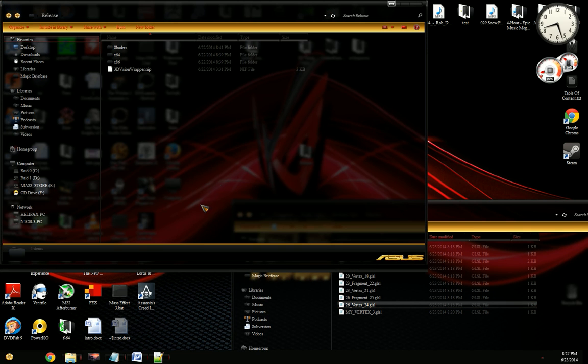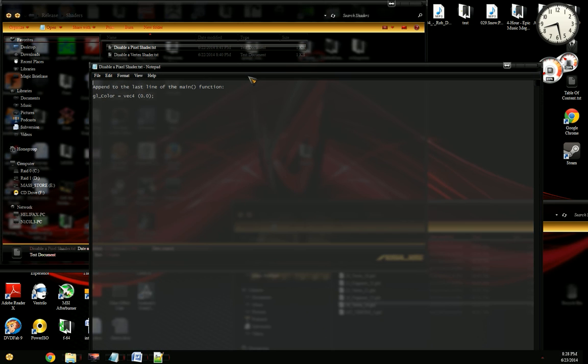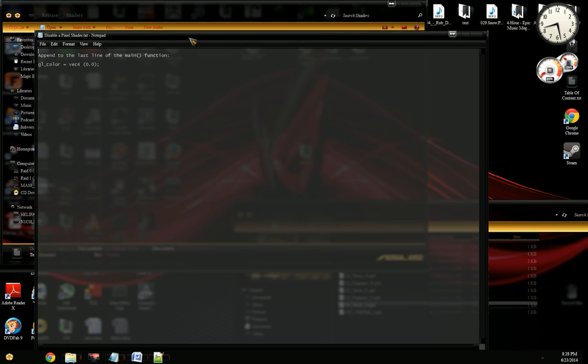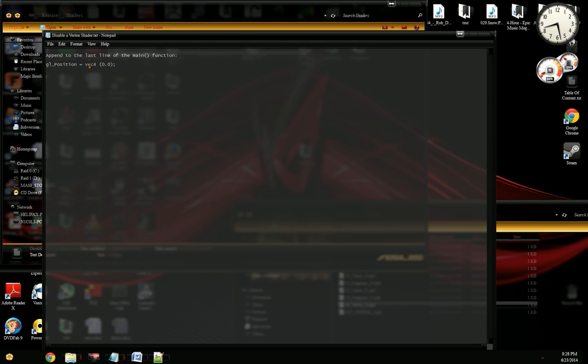Back in the archive of the wrapper that you downloaded from the website, you'll find a folder called shaders. If you enter it, you'll find 2 files: disable pixel shader, disable vertex shader. If I open the disable pixel shader file, you'll get something like this. I'm sorry, not the pixel, I wanted the vertex, because we are actually modifying a vertex shader. So it says append to the last line of the main function,